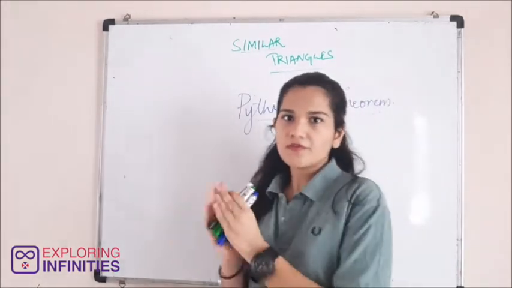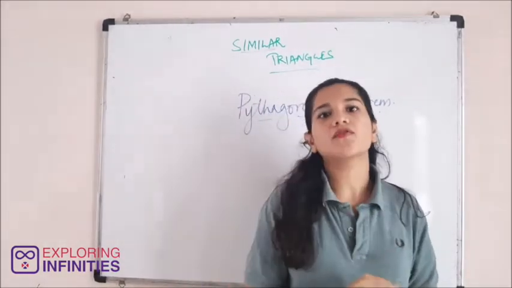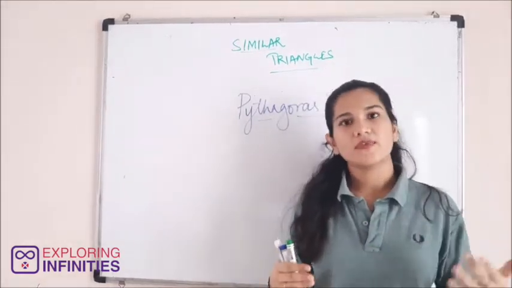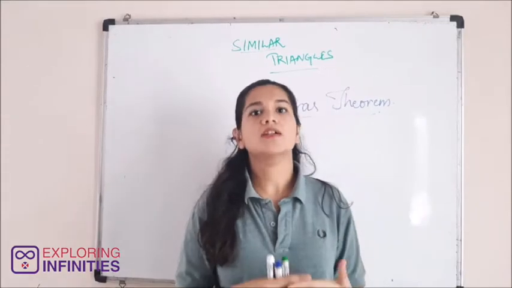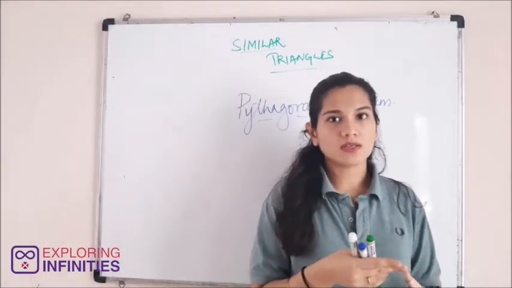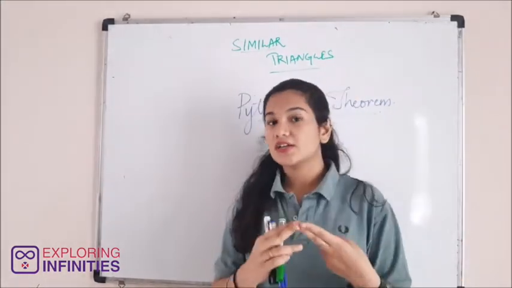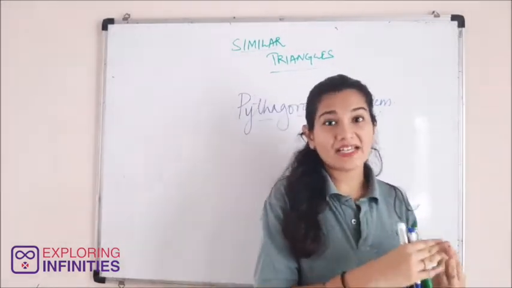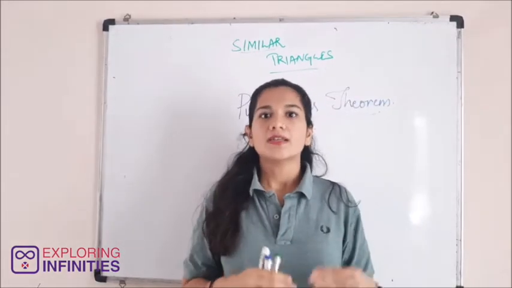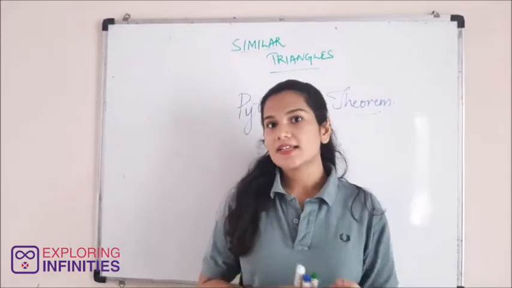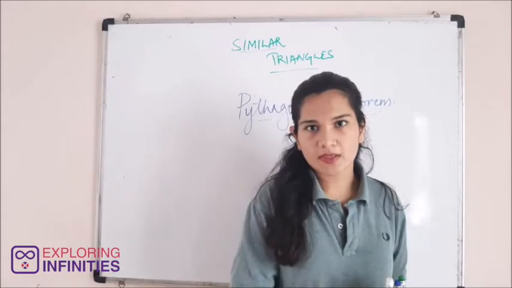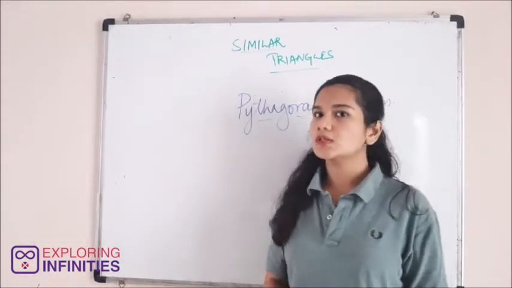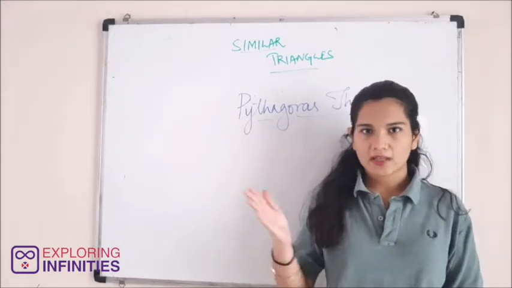Before moving on to the actual video for today, I'm going to give you a recap of what we have done throughout. We have discussed a lot about similar triangles, which includes the basic proportionality theorem, the conditions for proving similarity between triangles, then the criteria of similar triangles, and in the last lecture the areas of similar triangles. Now we are going to move on to the last topic, which is the Pythagoras theorem.